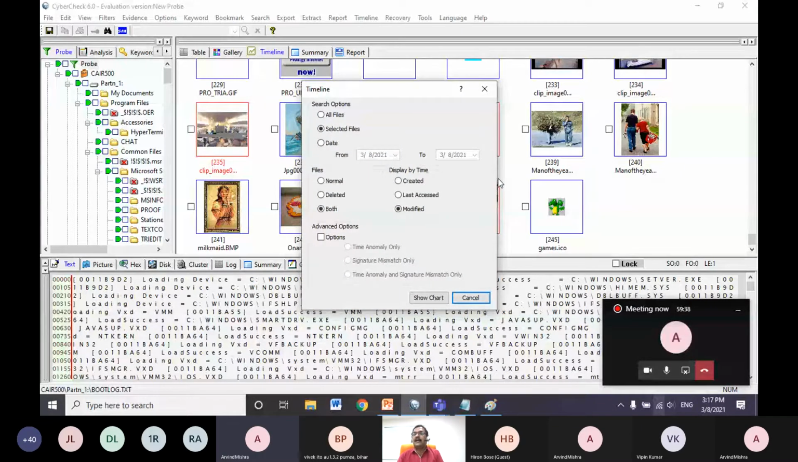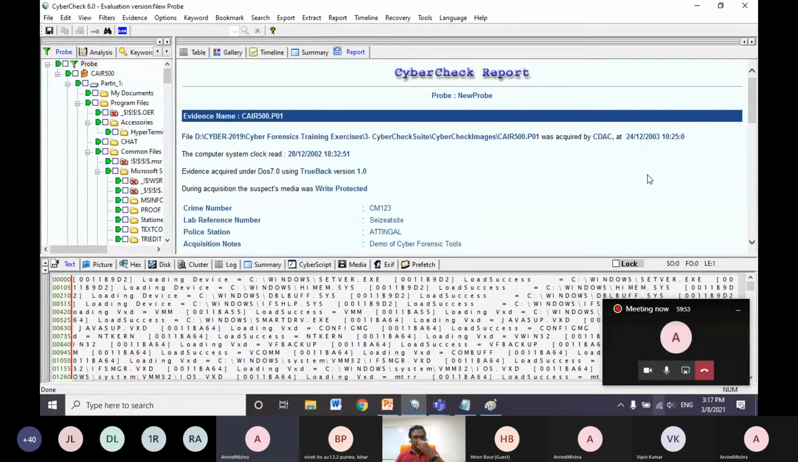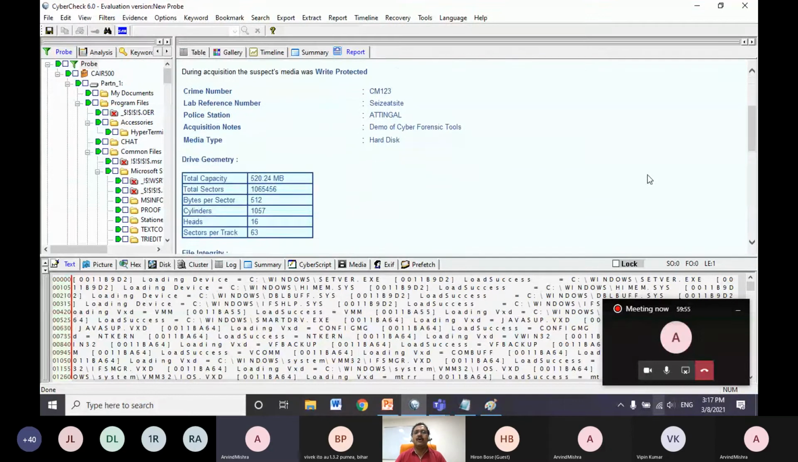Then timeline. I told you about the timeline analysis, that is, how to get the timeline files. I told you the image will contain the entire data, but we can segregate it according to a time frame. And the last one, the most important one, is the report, which will give you a very